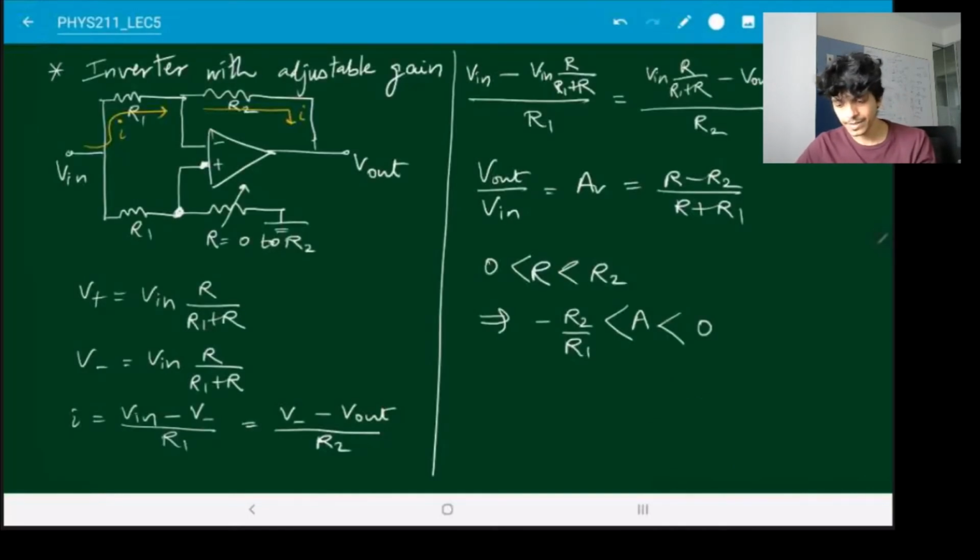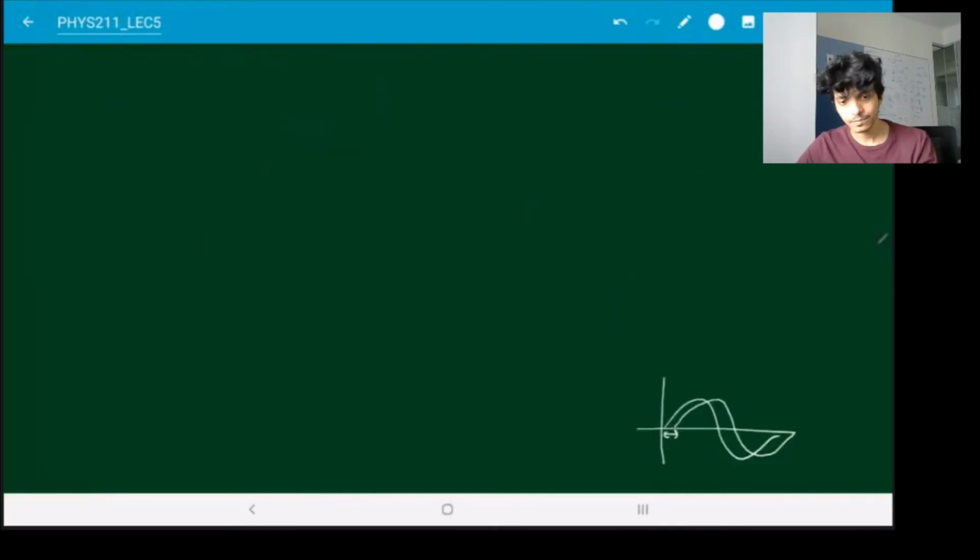So same kind of circuit as this one, but with one important difference. While I'm drawing, can you try and guess what kind of component would I want to put if I want to change the phase of an AC signal?